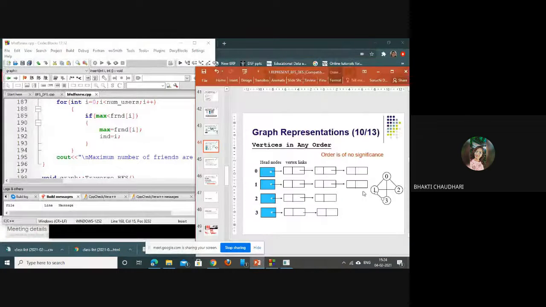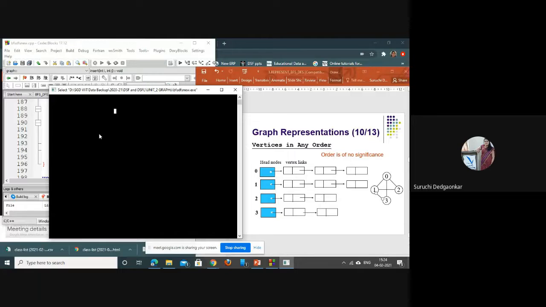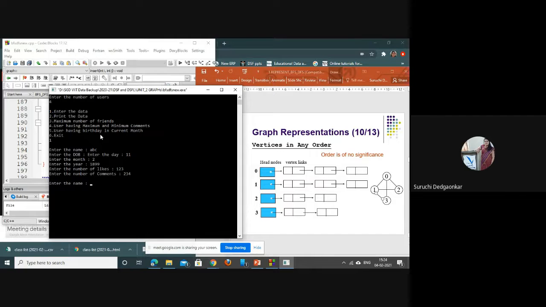I'll enter the same graph which we have discussed here. Enter the number of users. 4 users are there. Enter the data, name of user, the first user is ABC, his date of birth, number of likes, number of comments.